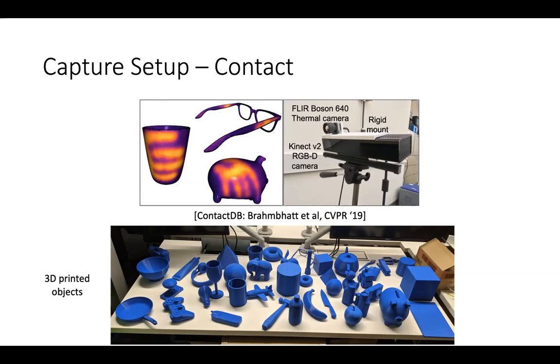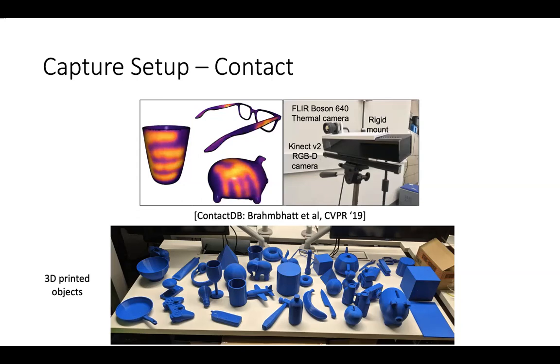And then the other reason is that the material that is typically used for 3D printing, called PLA, a kind of plastic, turns out to be excellent for retaining heat. So we find that after you hold the object for about 5 seconds, the heat signature stays on it for at least 15 seconds, which is more than enough for scanning it using a thermal camera. And during those 15 seconds, it doesn't diffuse a lot.